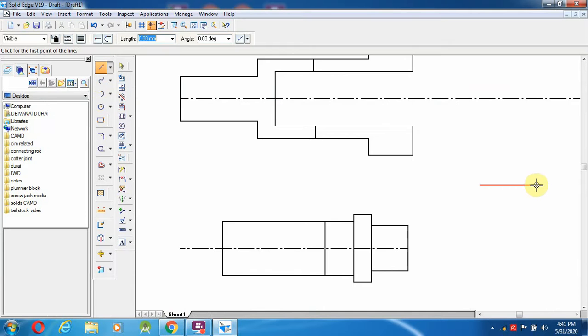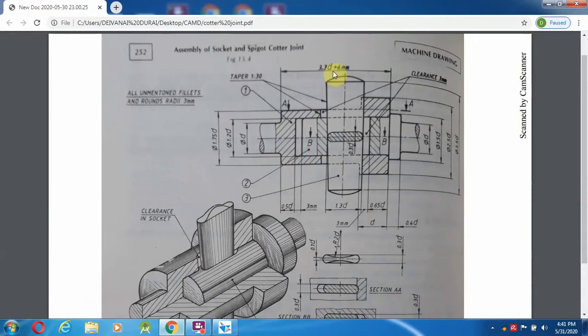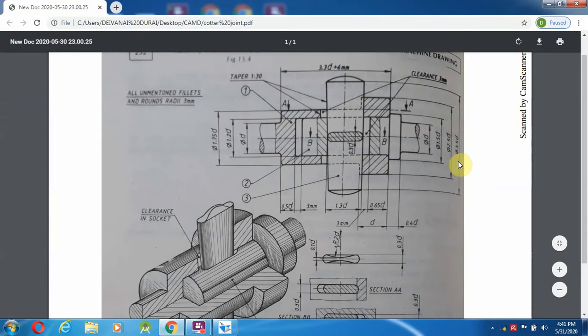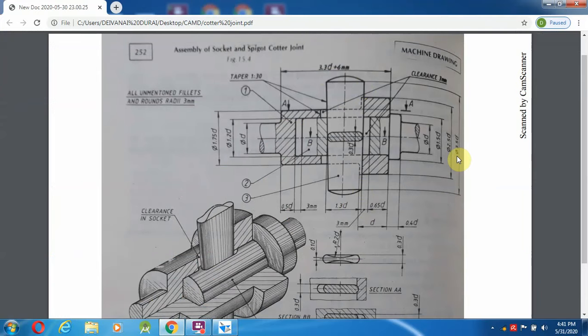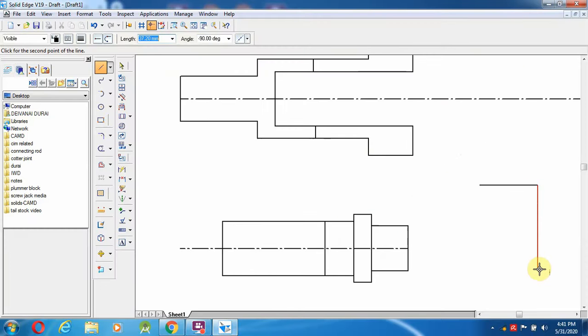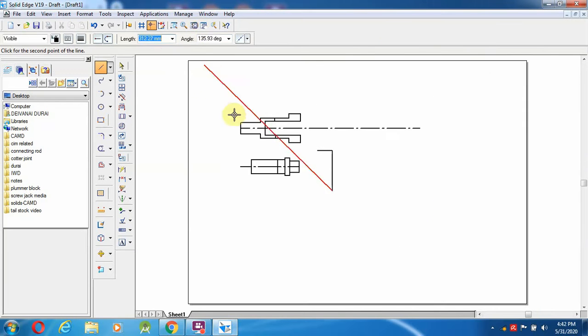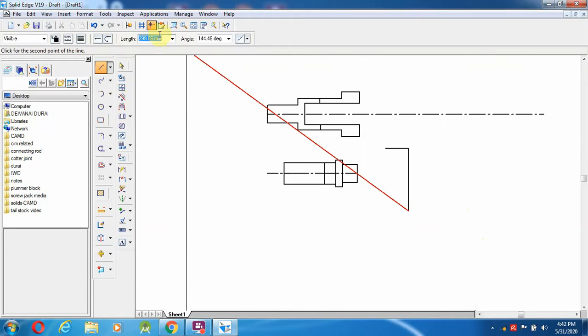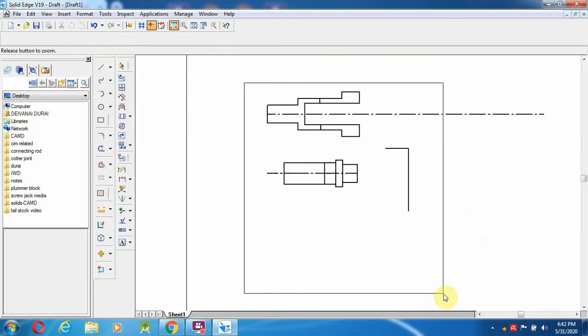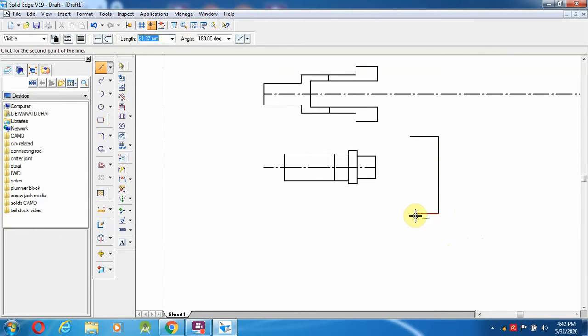So now towards down, how many mm do you have to go over here? That is the thing they provided, from here to here. That value is 3.5d. So 3.5d we are getting as 70 mm. So 3.5 into 20 we are getting 70 mm. So go over here, give 70 and give fit, and zoom the particular things only. So after giving the 70 mm, going to draw a line from here to here.